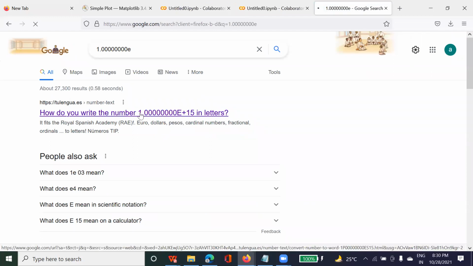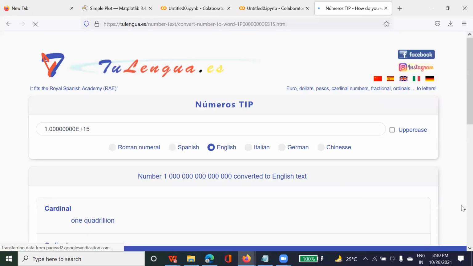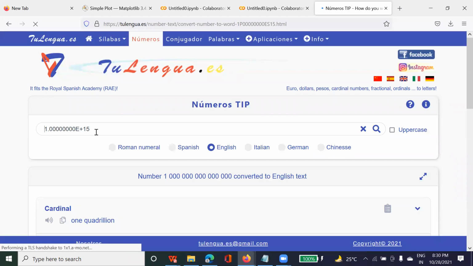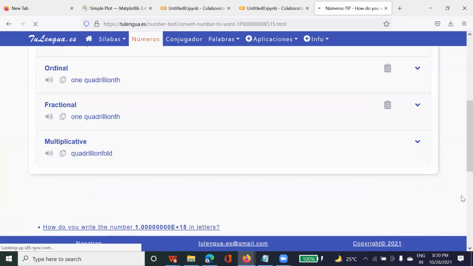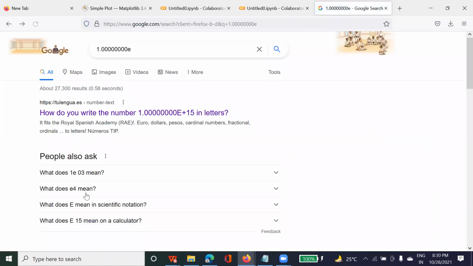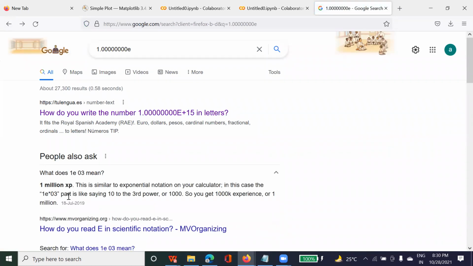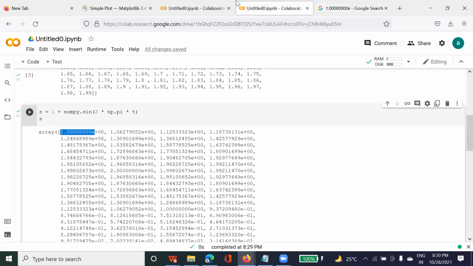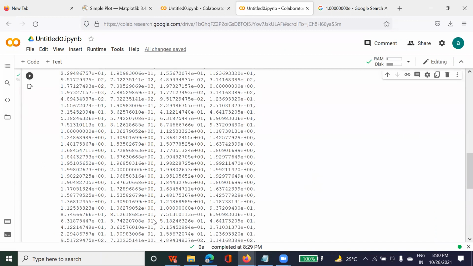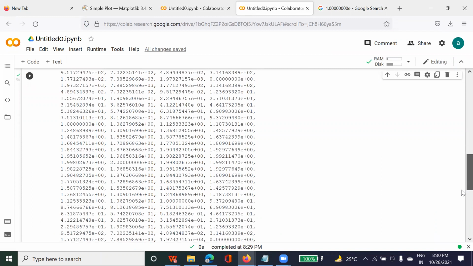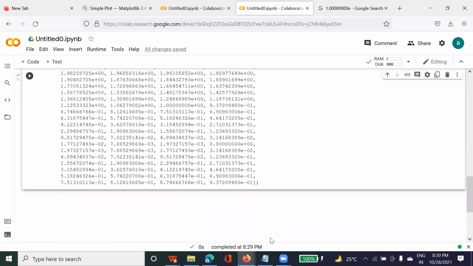whenever you find such a value, okay, let me explain here. Whenever you find such a thing, it means 1 into 10 to the power 15. Okay, let me show you. See, 10 to the power 3. So here, if you can see, it is 10 to the power 00. Here 10 to the power 01. Here 10 to the power 02. Are you getting what I'm saying? It will be represented something like this.